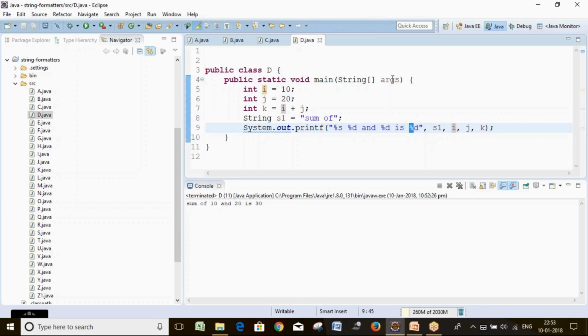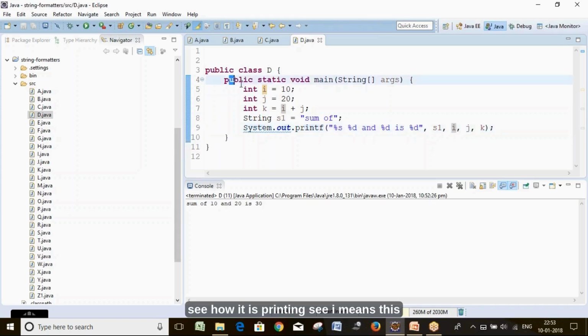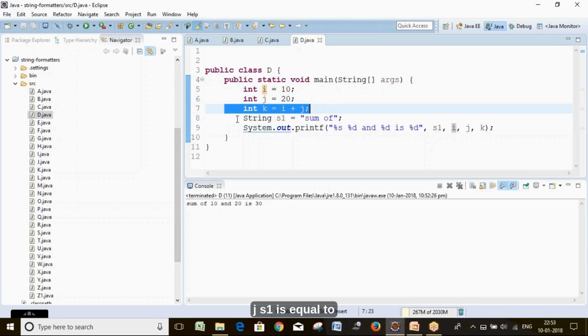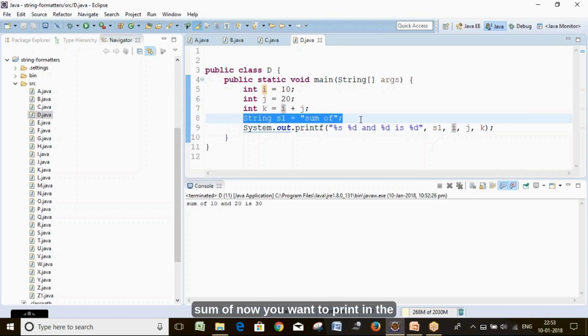See how it is printing. I means this, j means this, k means i plus j, s1 is equal to "sum of".